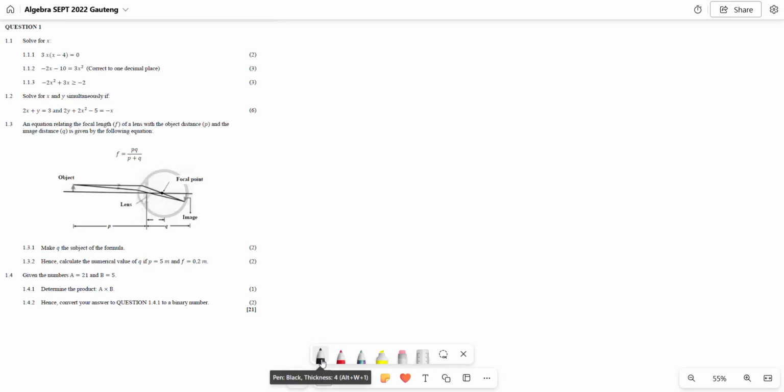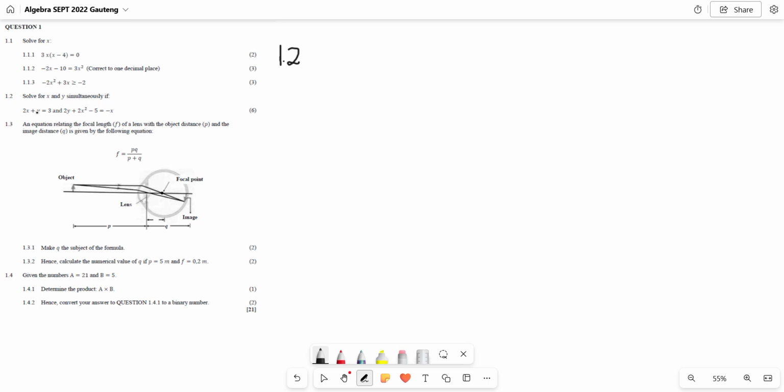Right, we are still proceeding with our question paper. Now we are going to indulge in 1.2. Then in 1.2 we have